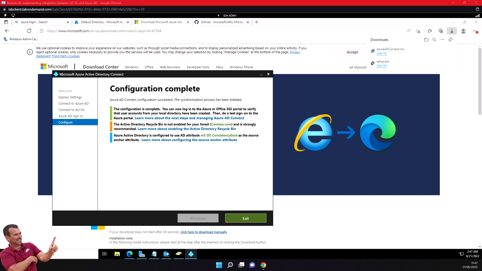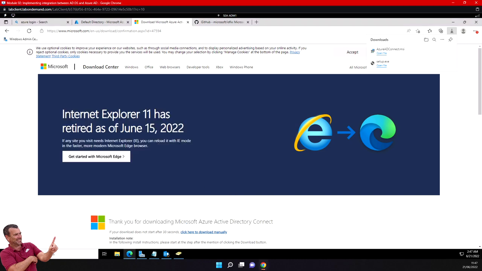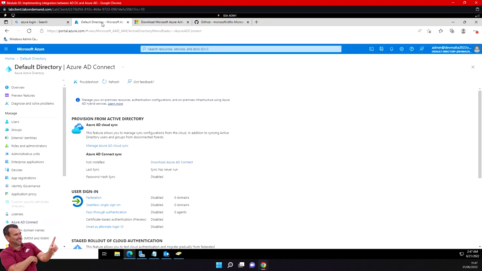So all has been installed. Okay, all is good. Azure AD successful synchronization has been initiated. If I exit now, I will verify integration. What I can do is go to AD Connect now here, and if I refresh this page,